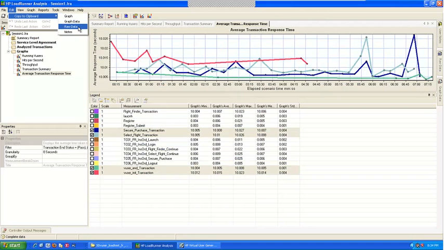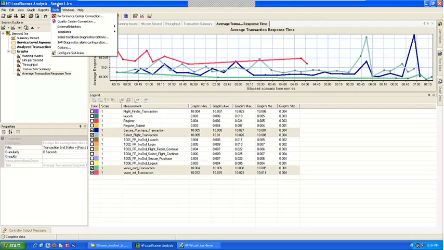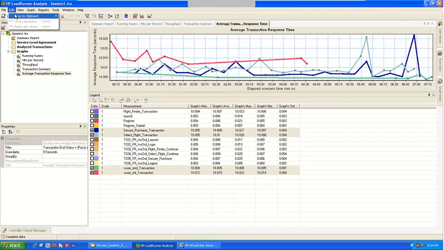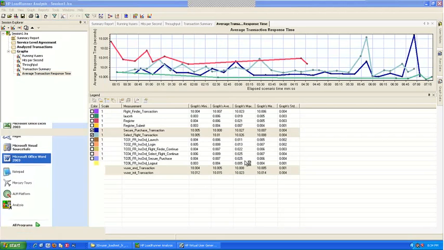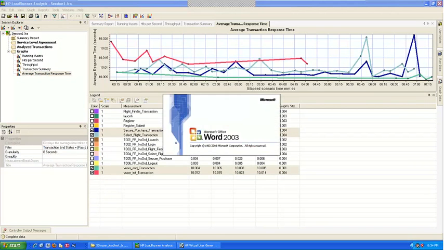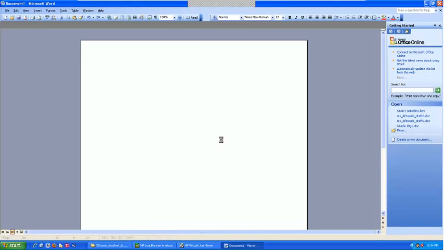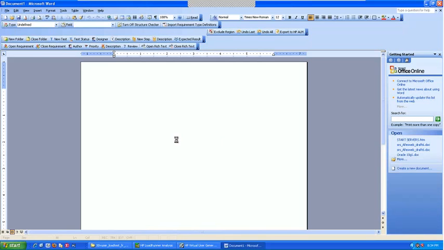If you want the raw data, you can copy. If you want the notes, you can copy notes. If I want the graph, when I say graph, it comes along with this data, only what you selected. So I'll go to Edit, Copy to Clipboard, Graph. Now open whatever document you want, say your Word document. Open it.